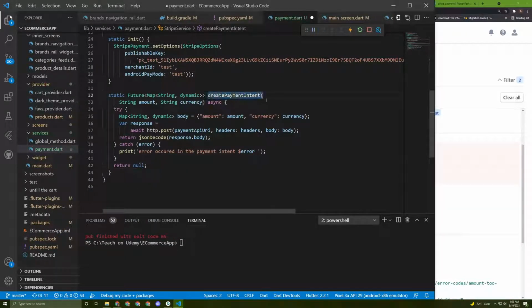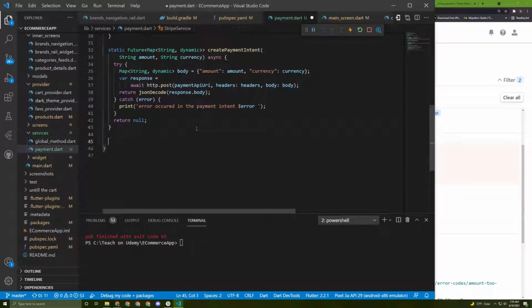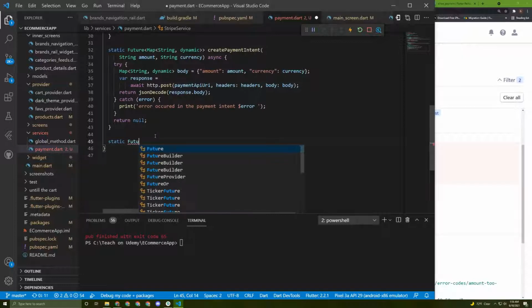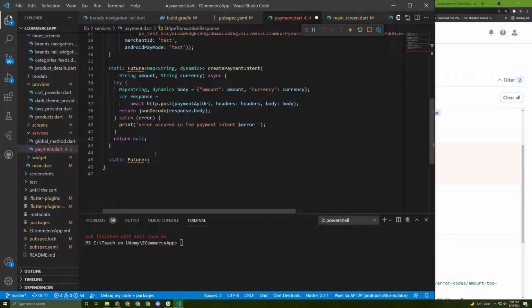Alright, so we need to use this method later on. So now let's create another method to allow the user to enter his information, and then we use this method to send his data to the server. Alright, so in here I will initialize a static method also. It will be a future of type this class, because it will handle the response, and I will name it